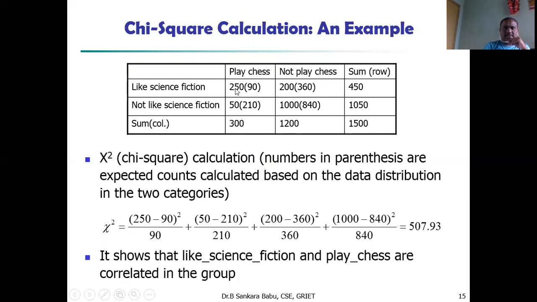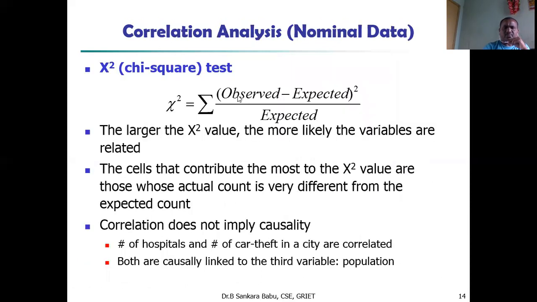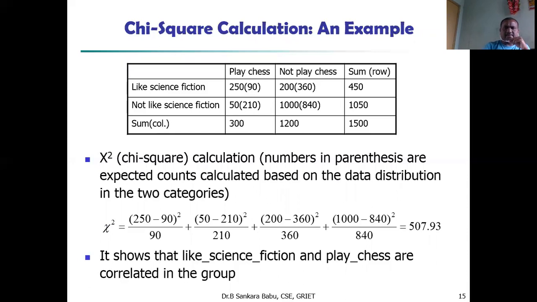Observed minus expected: 250 is observed and expected is 90. So 250 minus 90 whole square by 90, plus 50 minus 210 whole square by 210, plus, for not plays chess, 200 minus 360 whole square divided by 360, plus 1000 minus 840 whole square by 840.